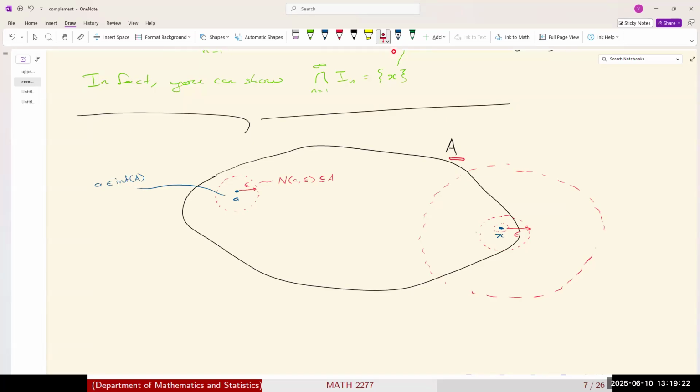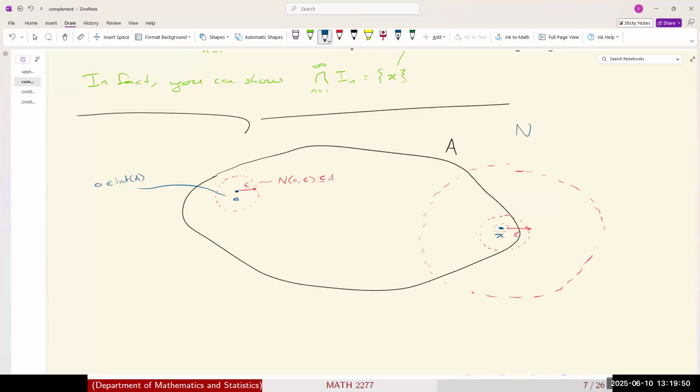For a limit point, yes, we need every single neighborhood to contain an element of the set A, but the neighborhoods could fall outside of A, right? The neighborhoods do not have to be all inside of A. They could fall outside of A. That's fine. We don't care. All I want is that